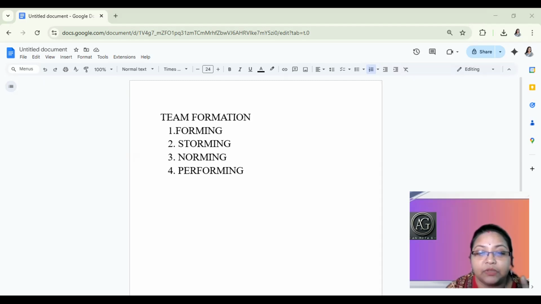For example, the team launches the project successfully and supports each other without micromanagement. So this is the stage where you need not even run after each and every member to see what they are doing, because now everything has fallen in place and everything is moving in sync. That's when the team synergy comes into play.